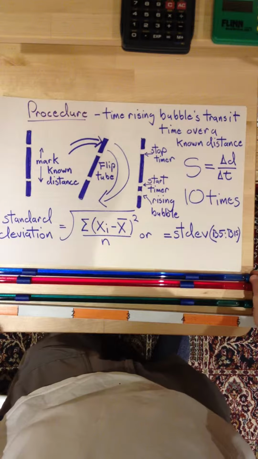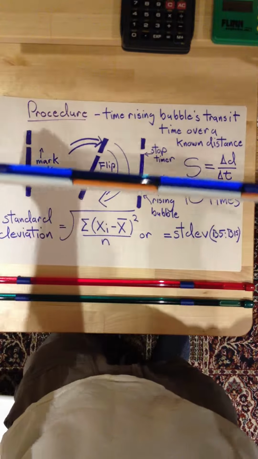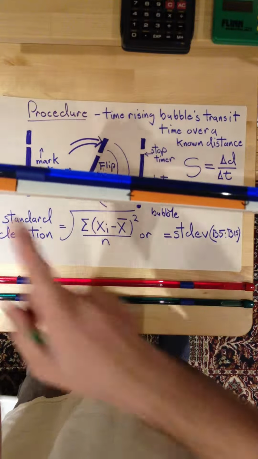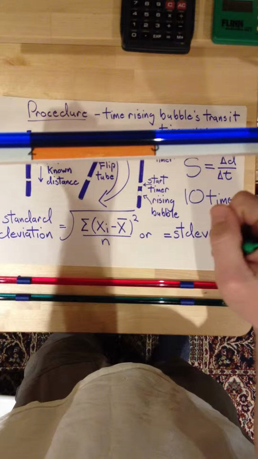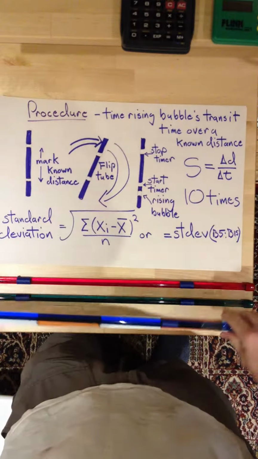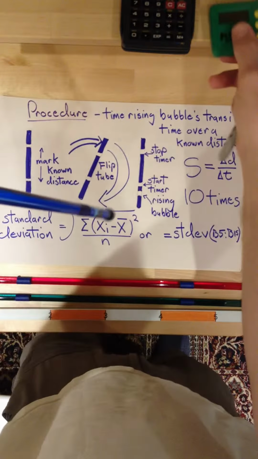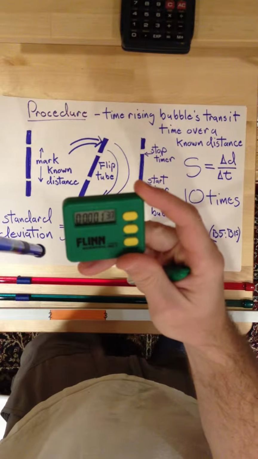So the procedure is fairly simple. You mark a known distance. I've marked 30 centimeters in between the beginning of the starting line and the end, that is the near side of the finish line. And all you do is you flip the tube, start the stopwatch,